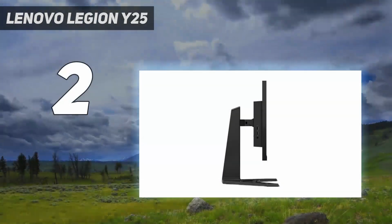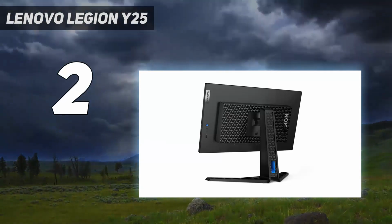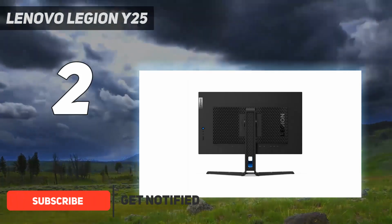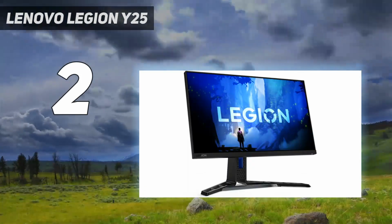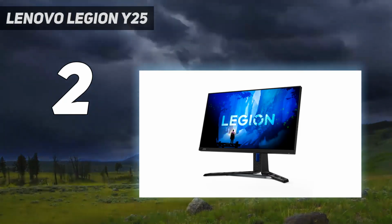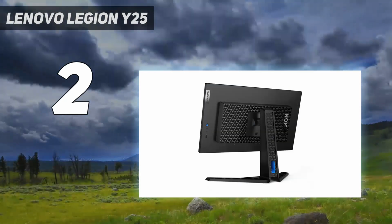Number 2 on my list: Lenovo Legion Y25-30. It wasn't always what we'd consider a budget option, but now that it's available for a chunk below $300, it offers up speedy gaming monitor specs for less. Not to mention it comes with some nice extras like a USB hub and FreeSync Premium. Featuring a 280Hz 1080p panel, the Legion Y25-30 serves as one of the fastest options out there at a lower